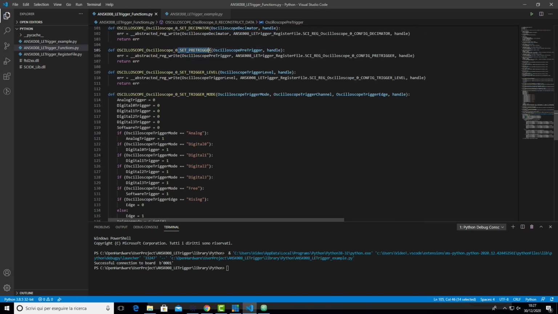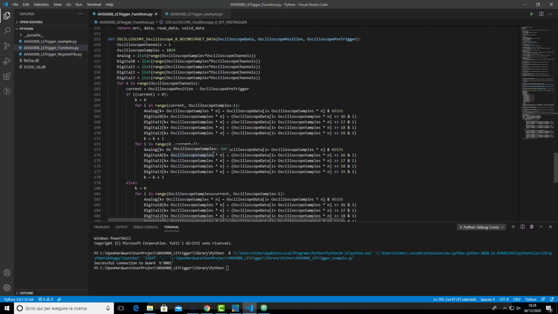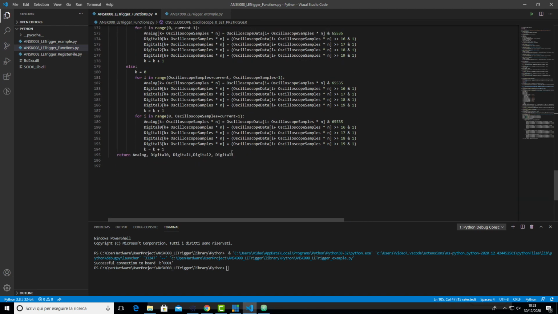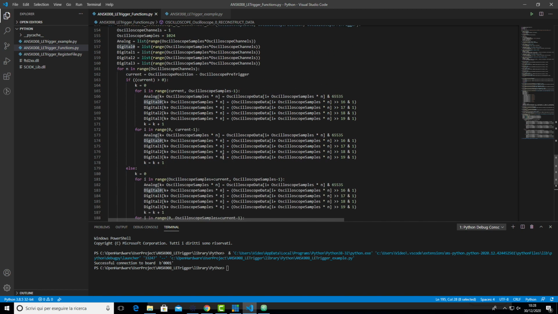Using the data and these two parameters, the function is able to reconstruct correctly the waveform captured by the oscilloscope, and it returns the analog signals and the digital tracks.